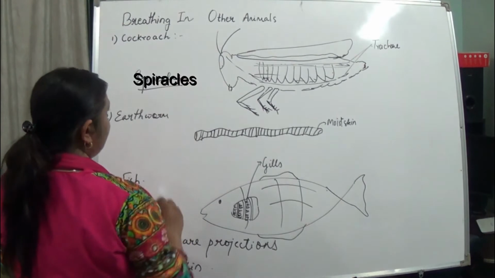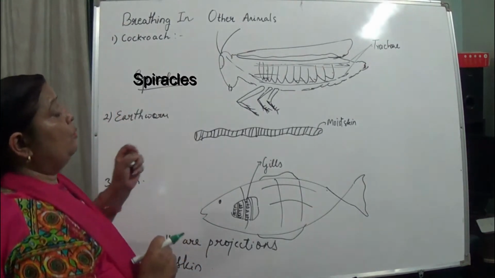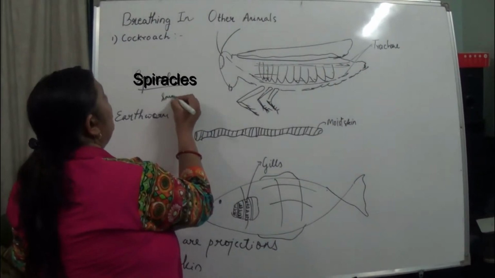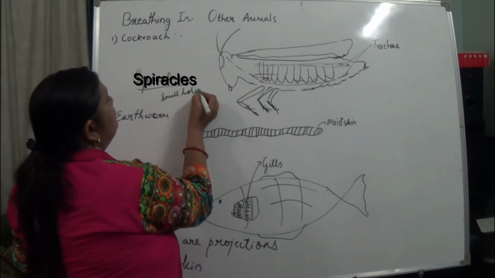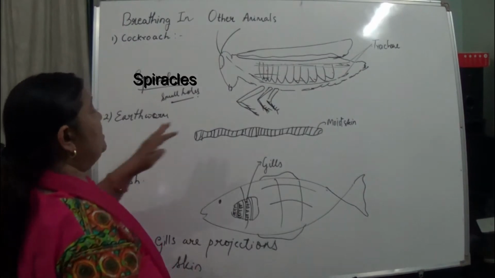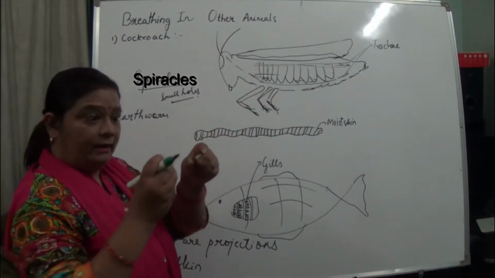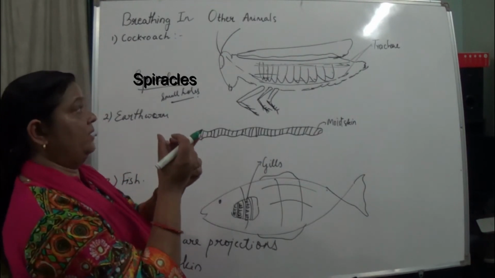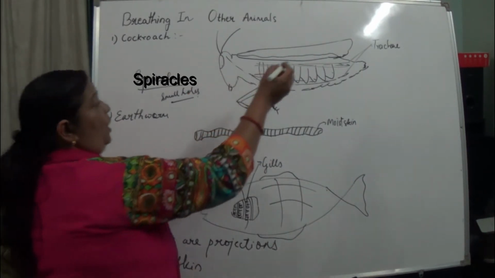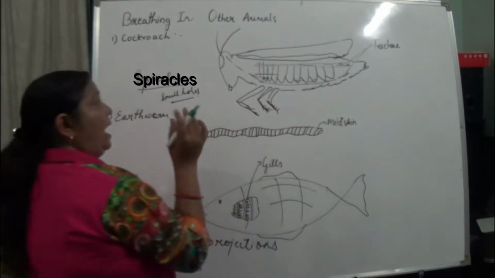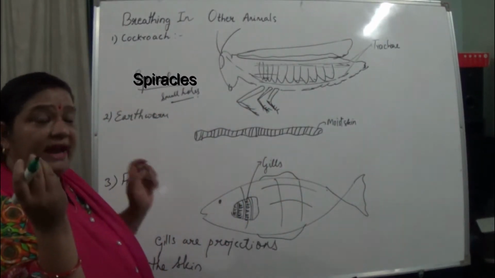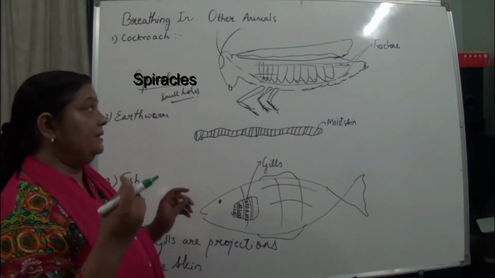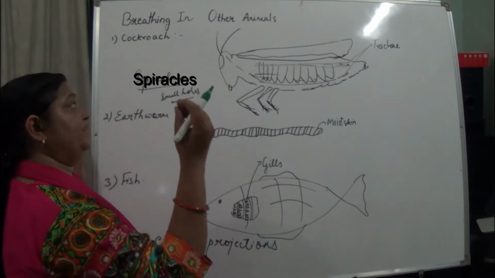Okay, so in this what happens? These are what? Small holes. Okay, these small holes, it is protruded inside with the tube like structure. Okay, and that is known as what? Trachea. Okay, and this oxygen enters through the spiracles inside the trachea, and this oxygen rich air, when it enters